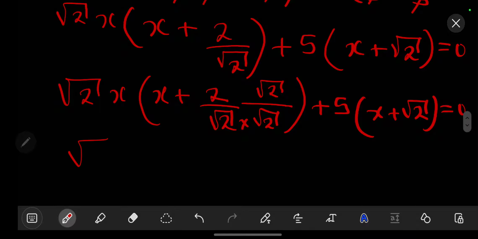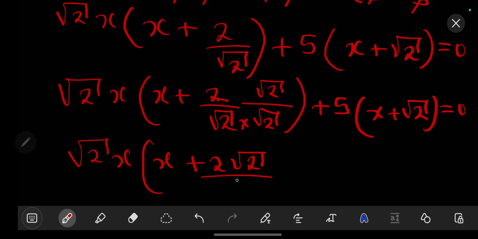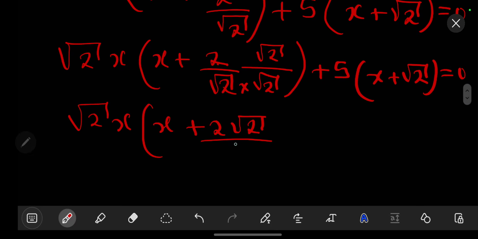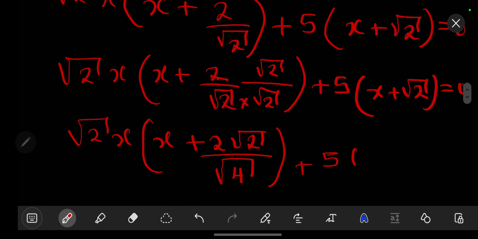0. So what we have is the square root of 2x, then we have our x. What happens here is that 2 times the square root of 2 will just be 2 square root of 2. Now remember, square root of 2 times square root of 2, if they have the same square root, that's the same as the square root of 2 times 2, which will be 4. So you just multiply what is inside if they both are protected by the square root. So you have plus our 5, then x plus the square root of 2